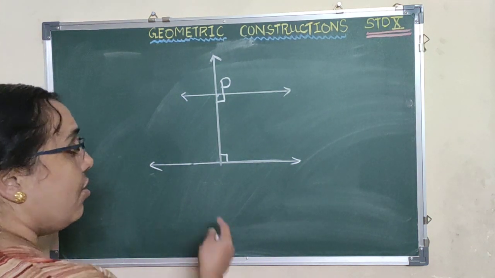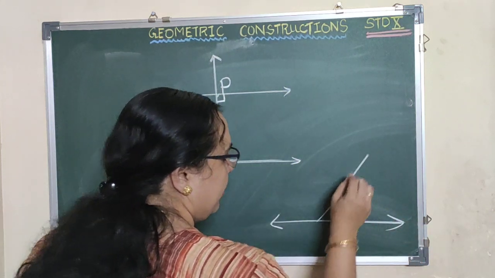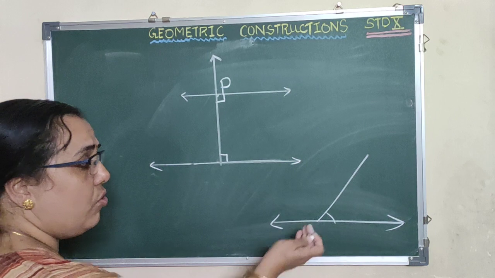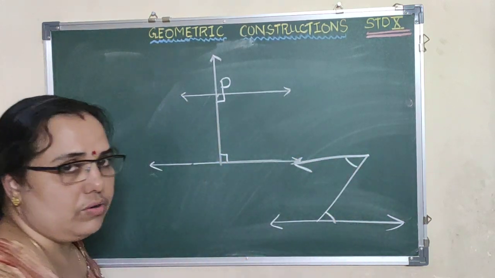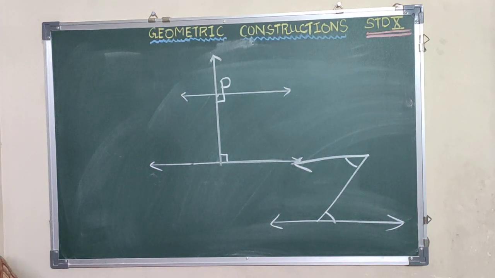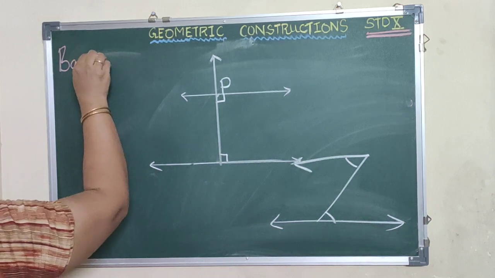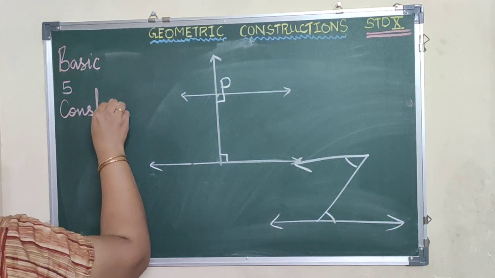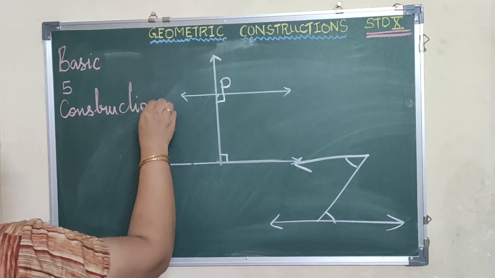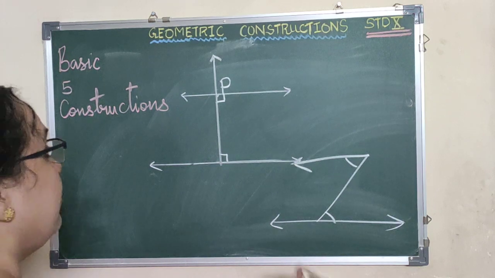Even you can draw congruent angles. That is something like this. You draw one angle and then congruent to this you draw the another angle. So the two angles are congruent. Is that very clear? So these are the basic 5 constructions which you have to know before we start with the chapter. Okay, so after knowing this basic 5 constructions, now let us start with the chapter and the exercise.